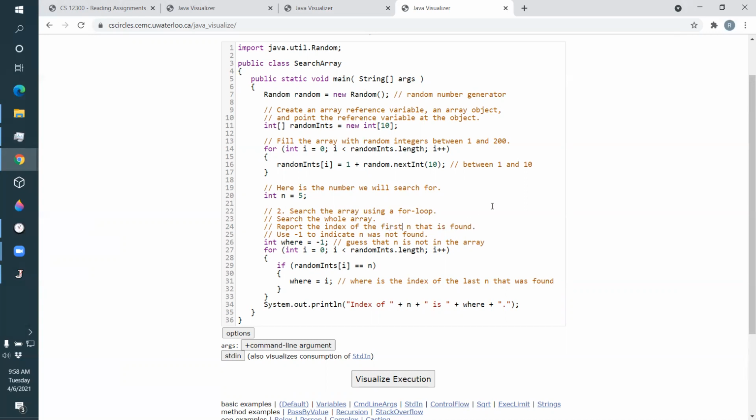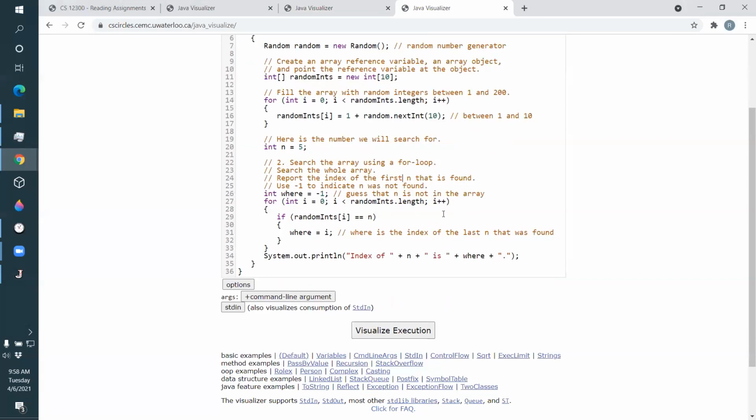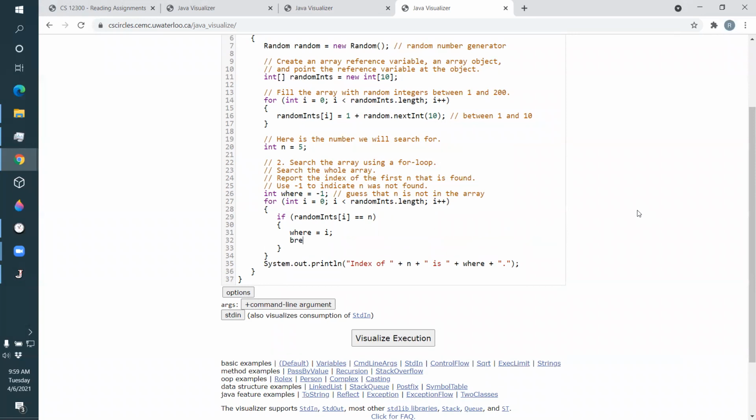This one finds the first. What we do is, when we found what we're looking for, we break out of the loop. So that's what the break command means. You can only use break if you're somewhere inside of a loop. And if you're anywhere inside of a loop, break just jumps from here to the outside of the loop. It just stops the loop in its tracks and jumps from here to